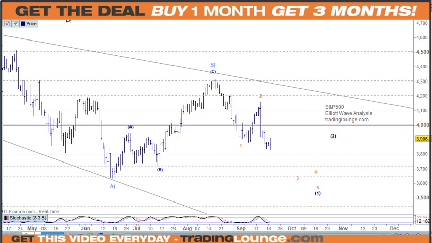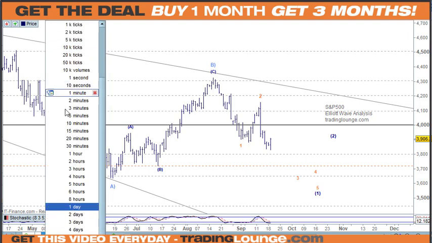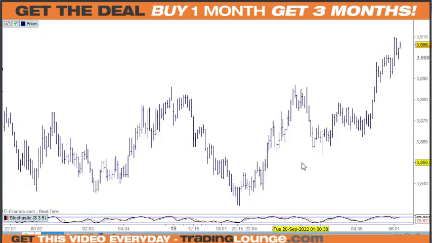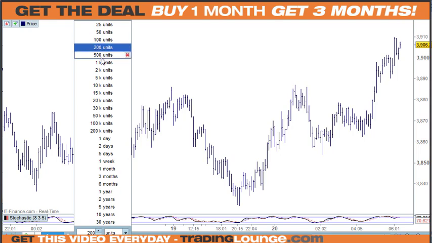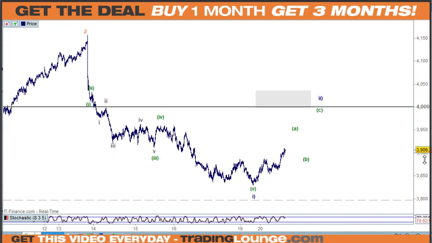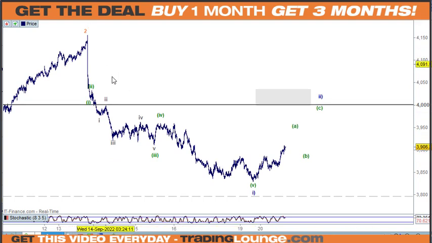So I'm just going to cut through to the 1000 tick, and then also through to the 100 tick, and just have a bit of a look at this, and we'll get a bit more data on this. As I mentioned, we can count this move down through here in 2 different ways.